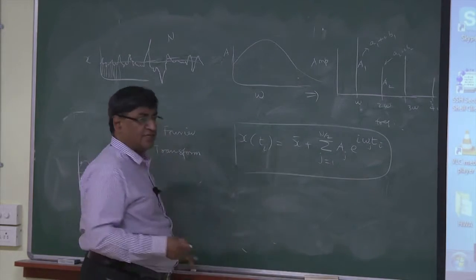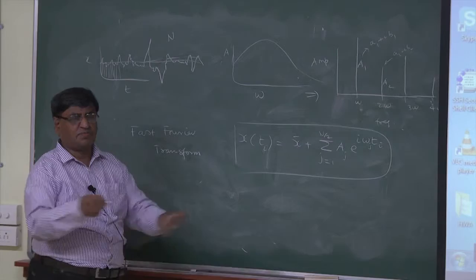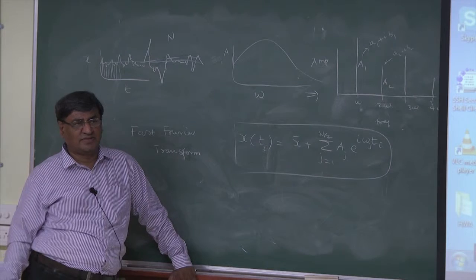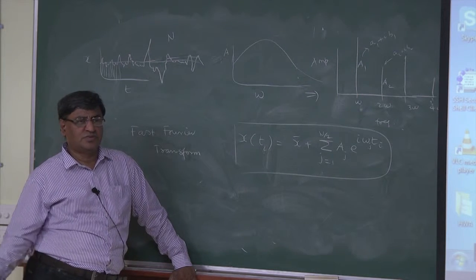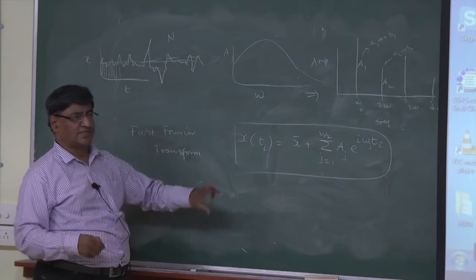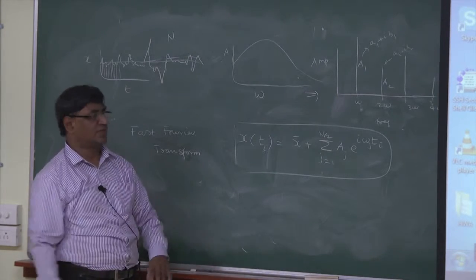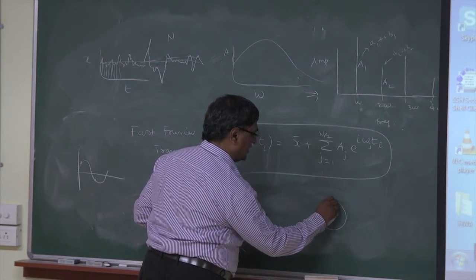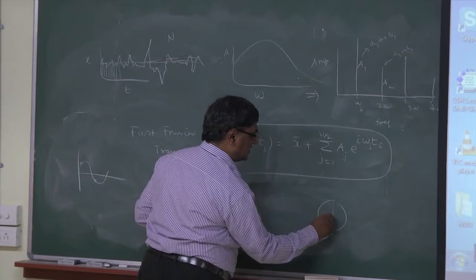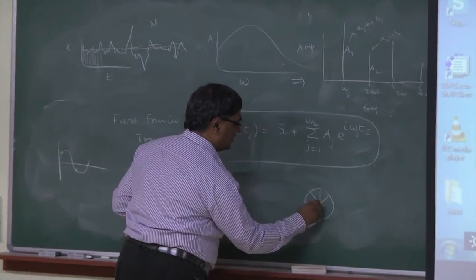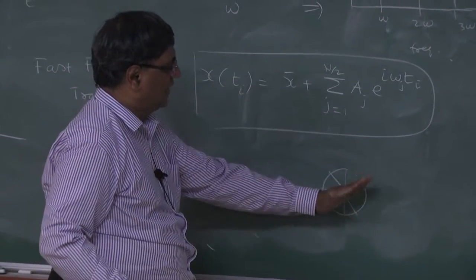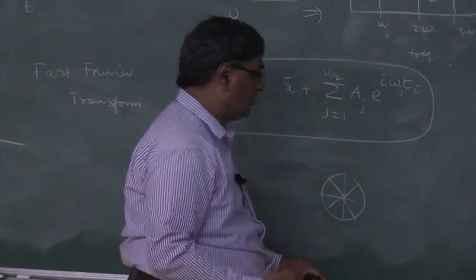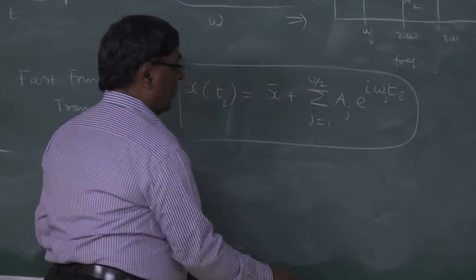And that can be constructed, as I told you, in a simple way of combining. A very efficient, fast algorithm is available. I think there are many algorithms. One of them is known as the butterfly algorithm, where you just combine A plus AB, A minus AB, and then combine them further, etc. Eventually it will result in something like a unit circle, where you are trying to get a 90 degree shift, 45 degree shift, like that. That's essentially what it means when you combine those series.